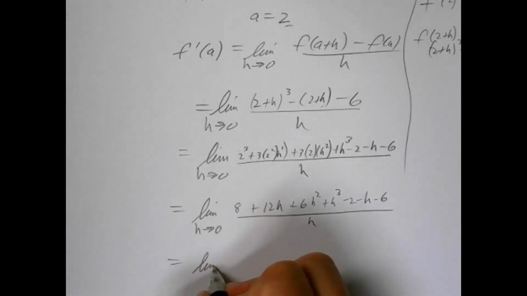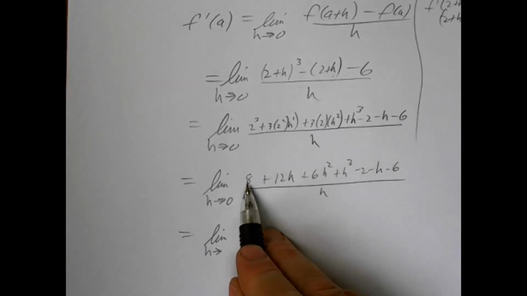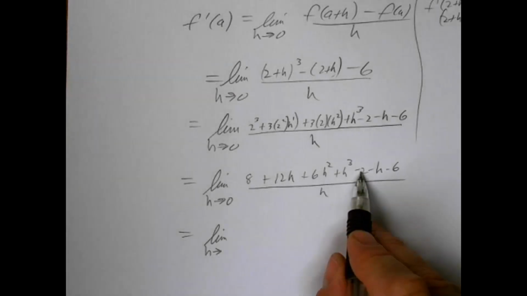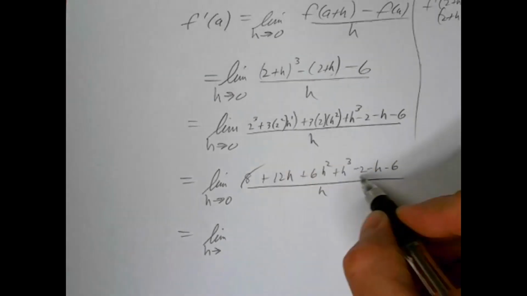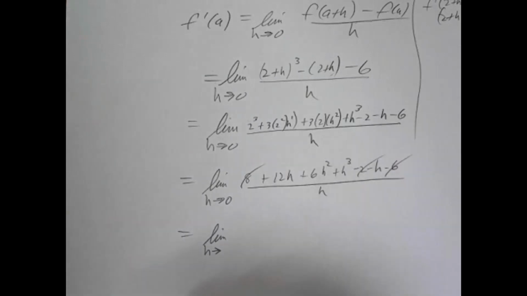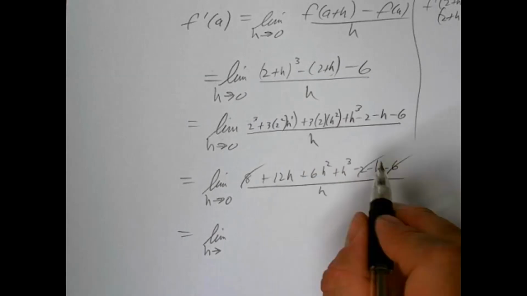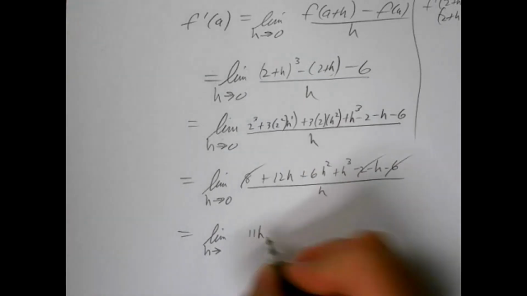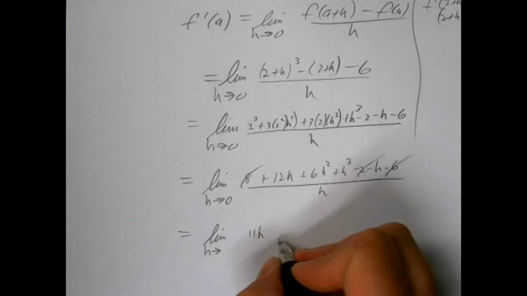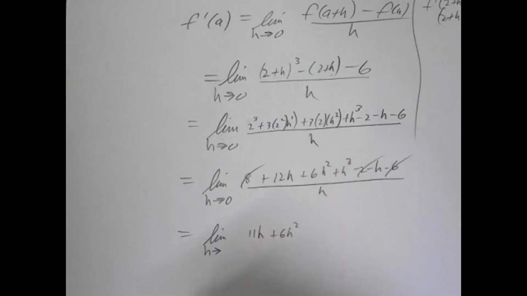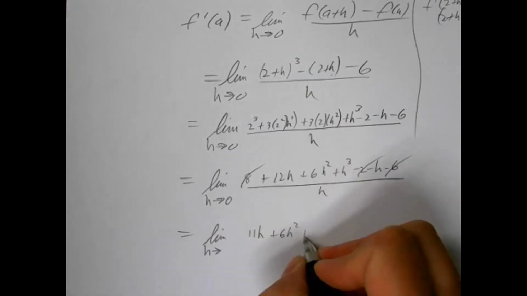Then a little bit of combining like terms. 8 minus 2 is 6, minus 6 means that is gone. And 12h minus h is 11h, plus 6h squared plus an h cubed